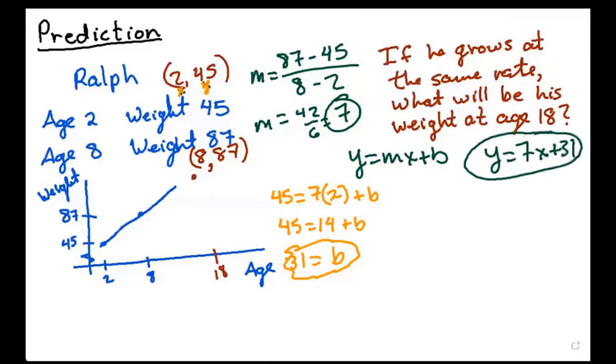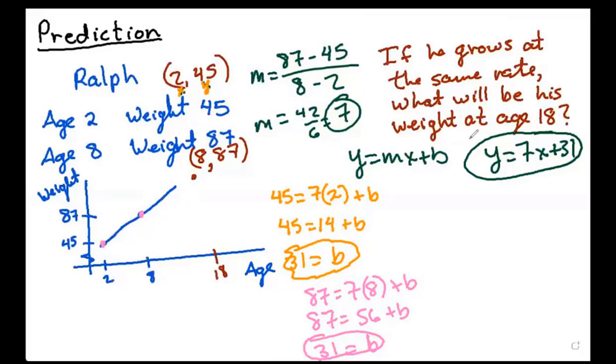Now, some of you may ask, just while you're doing this, hey, wait, I used 8 and 87. Is that okay to do? Well, let's write it down here and let's see what happens. You have 87 equals 7 times 8 plus b. And that's 87 equals 56 plus b. Subtract 56 and you get b equals 31. Yeah, they have to come out the exact same because these 2 points right here are both on this line, so they better come out with the same intercept. All right,